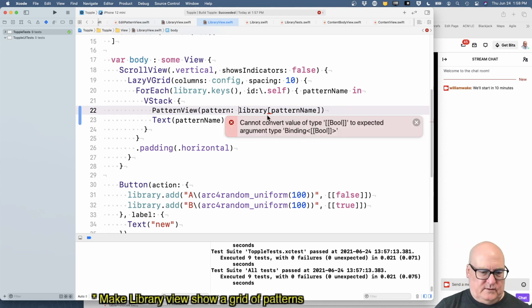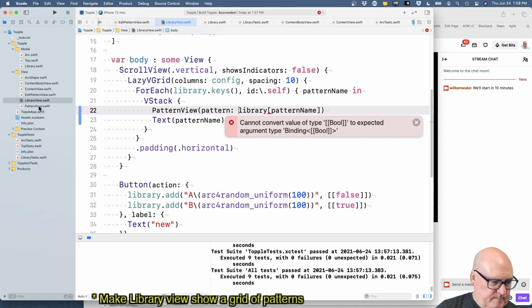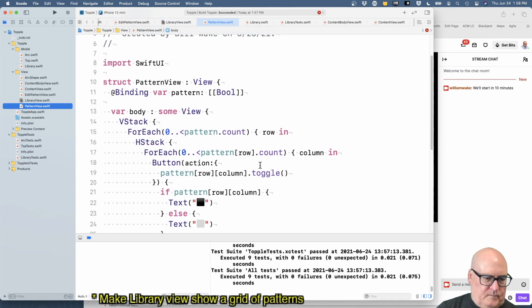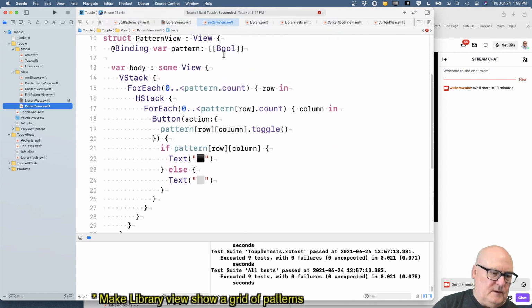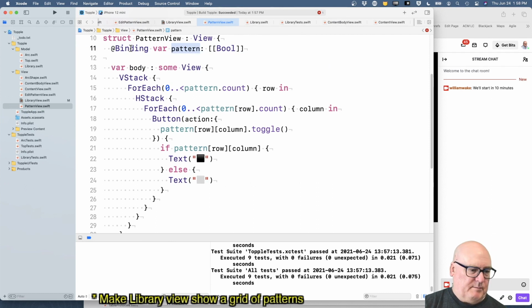Cannot convert to tile expects binding. See, I think we have two very similar things going on. Where's pattern view? See, this one's expecting a binding